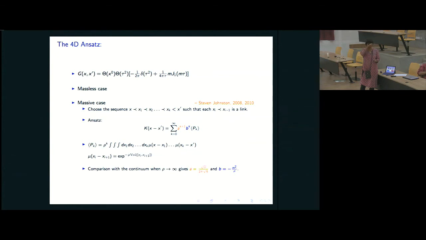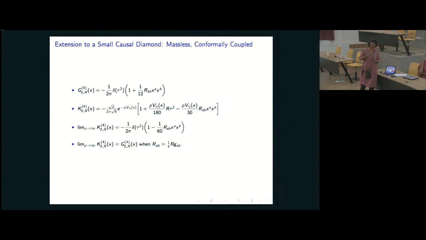Right, exactly. So you're right up to the point where, that's exactly the question we started to ask: how universal is this form? And what we find is that when you look at the causal diamond, which is the most general case in which we can do the calculation, and we just look at the massless case, the conformally coupled case for simplicity, then you find that this is a continuum answer in the causal diamond. This is the causal set answer, and you can see that they're actually different.